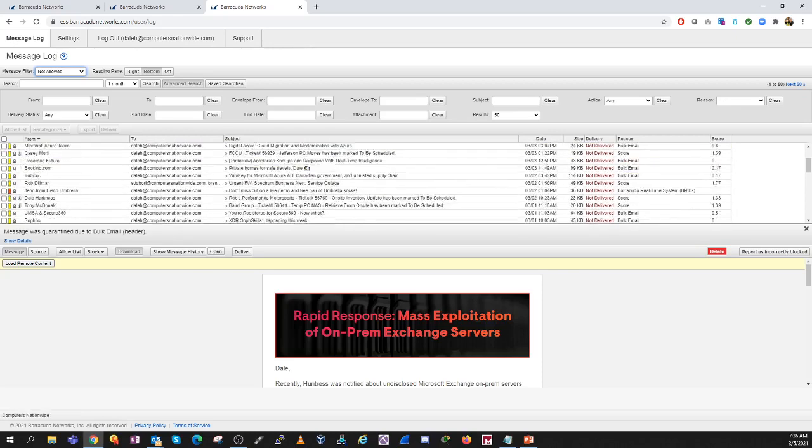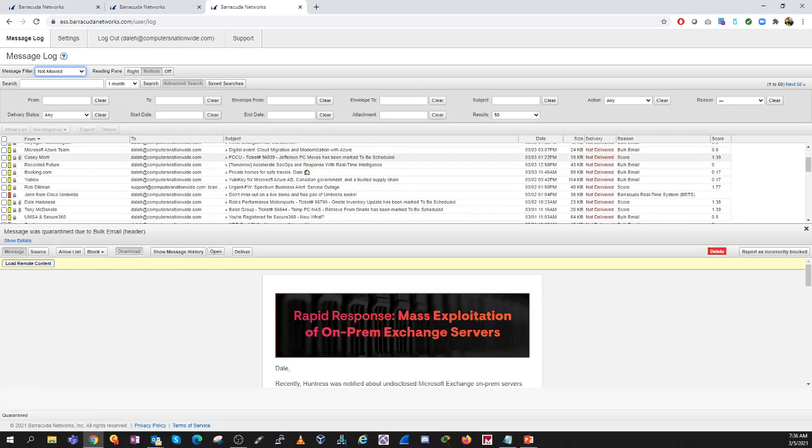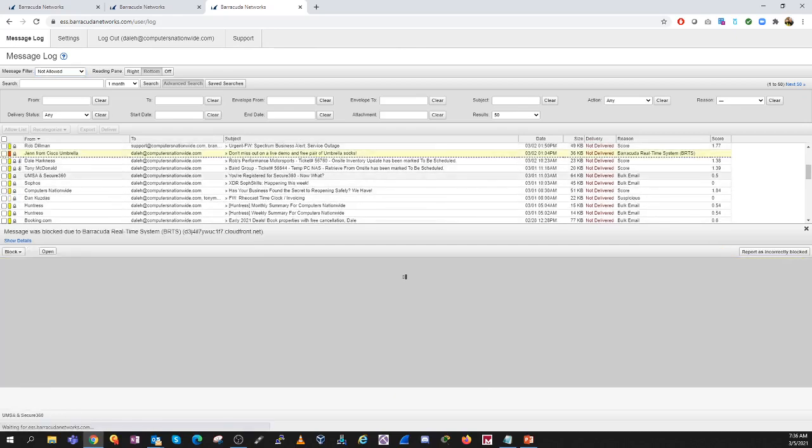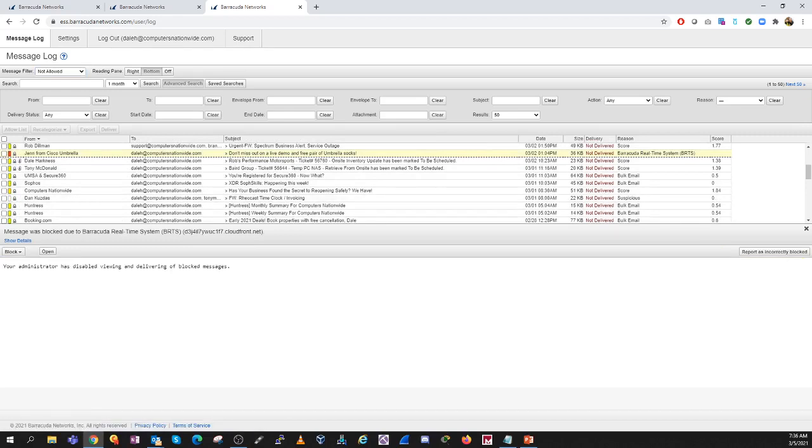So the yellow ones are quarantined. That means I would see it in a digest report. The red ones mean that they were not delivered for a reason other than suspected spam or, again, putting in your quarantine. This particular email, for example, is red. It means I don't have an ability to actually release this. You can actually see that right there, on the bottom of the screen,